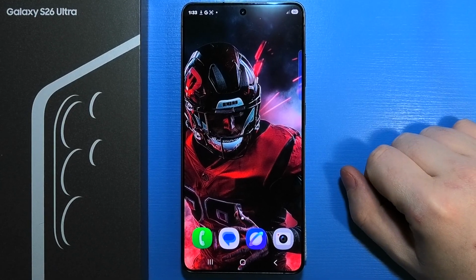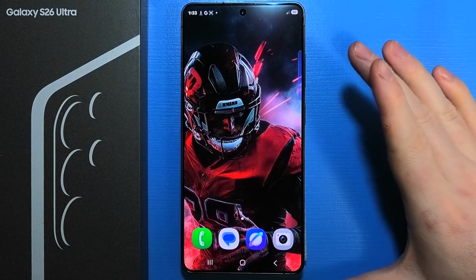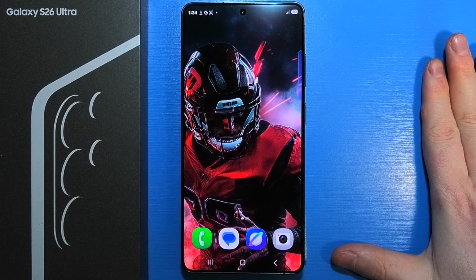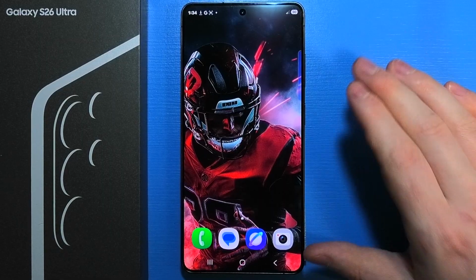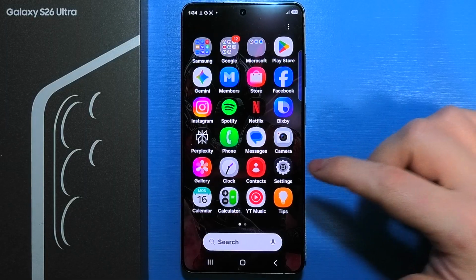To disable Talkback on Samsung Galaxy S26 Ultra, first of all, as you can see right here, I don't have Talkback on, but I will show you how to disable it. First of all, you will need to understand that pressing on something, so if for example we want to access